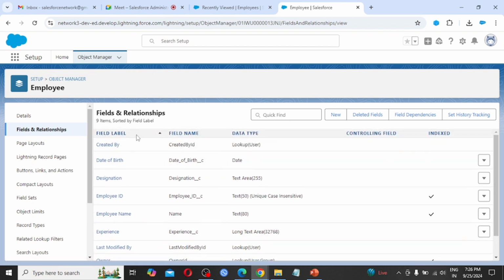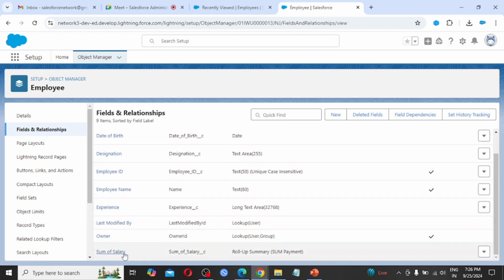See the field label, field name and data type. Sum of salary is the name, _c denotes that this is a custom field, and the type is roll-up summary. On which object? Payment object. Which operation? Sum.